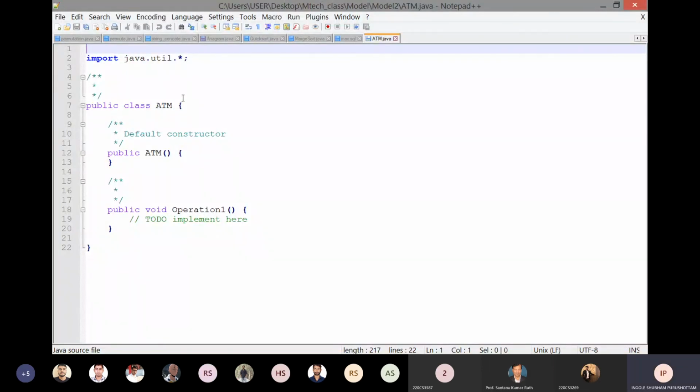So here you can see the ATM class. You can see the method public ATM. This is the default constructor. And the method we have implemented, public void operation 1. So it will give you the outline of all the class diagram. It will give the Java code for this. I will show you a different class.